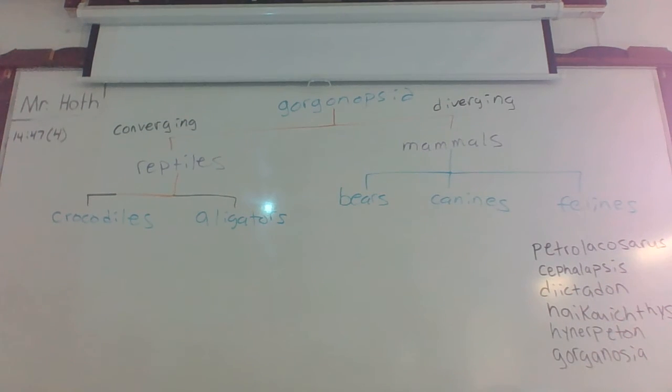Now, whether you wrote the converging up there or diverging, fine. If not, that's fine too. But what we're trying to illustrate here, again, what is the main concept of evolution? What if some of you are working in elementary, a young student comes up to you and says, I need a really short definition of evolution, and that would be what to you? Survival of the fittest is one of the most common examples that you could do, but it's going to be the environment that shapes an animal to look the way it does, and where it's successful and why it might be. So just really quickly,